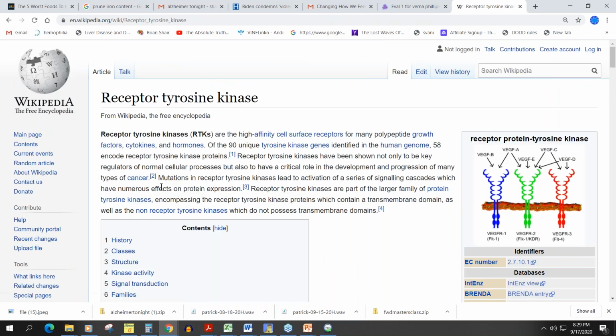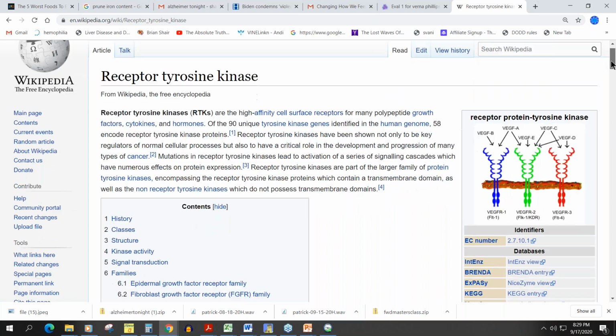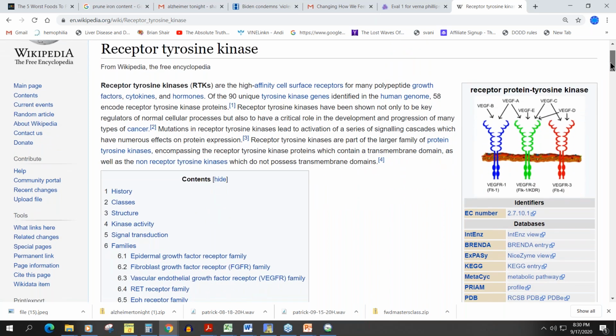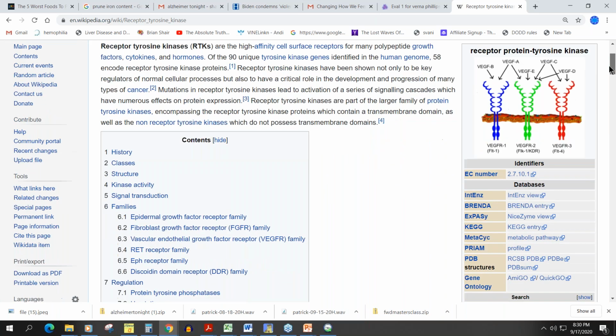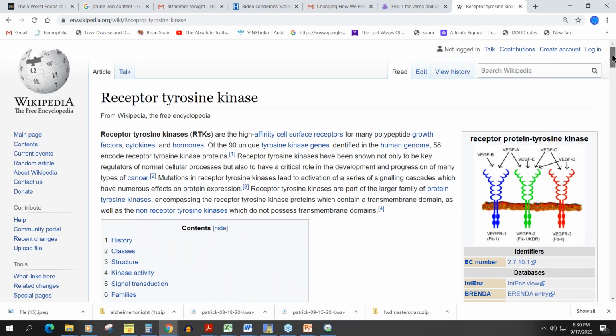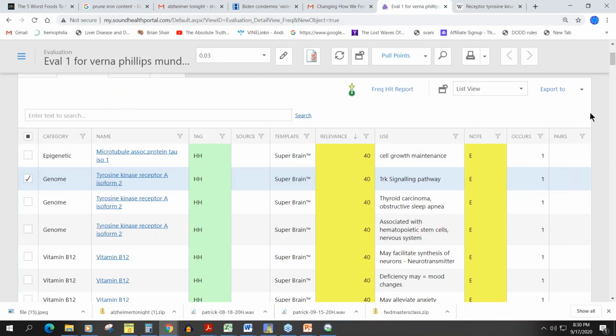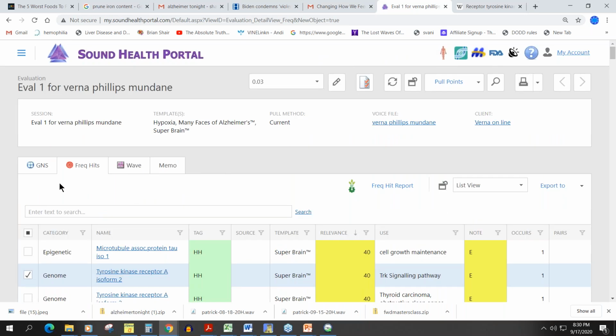This is the receptor, but let's see what it does. You can see how Michael has arranged this, so it's very easy to move from one thing to the other. Now, if I was going to do her chart for real, I certainly would add inflammation. I would add thyroid. But one of the things that they built in, if you go back to,